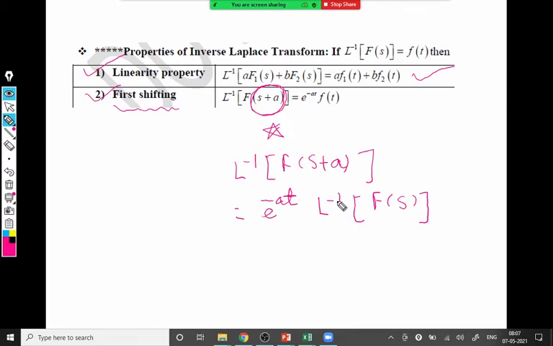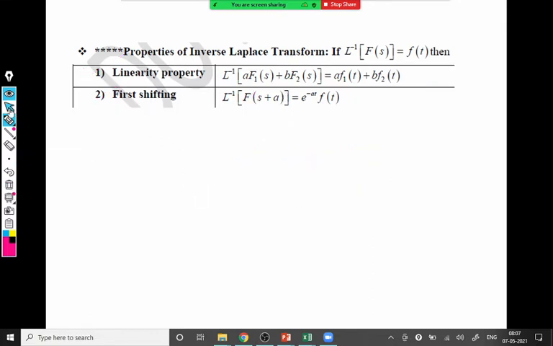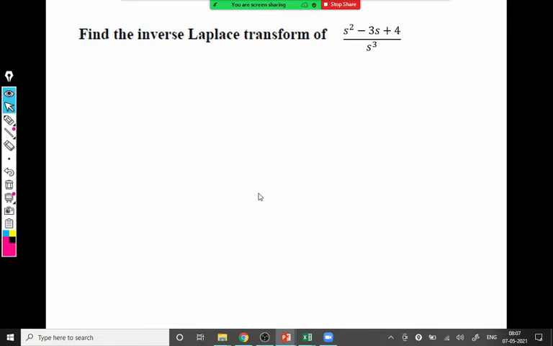Okay, so the most important thing you will observe is that this is a function of t and L inverse, and this is a function of s. Why are these coming together? Because L inverse of this F(s) is obviously coming as a function of t. So we'll come to the questions and examples now, so it becomes more clear. Let me move to the numerical, and I will ask you. Yes, I want the answer from you.